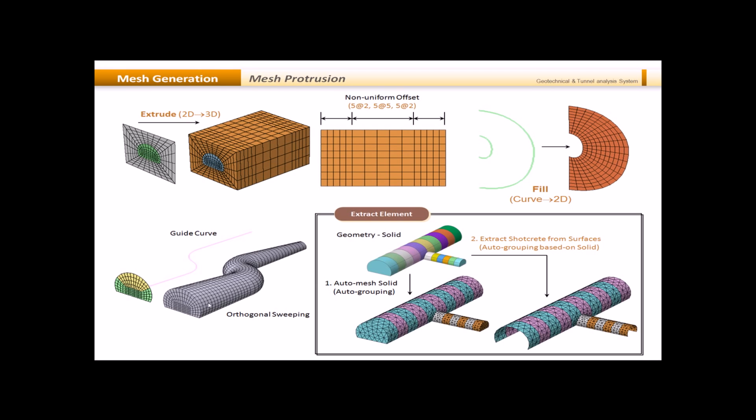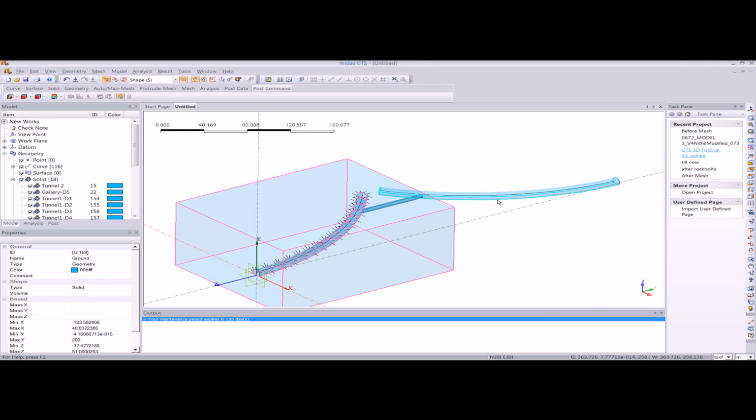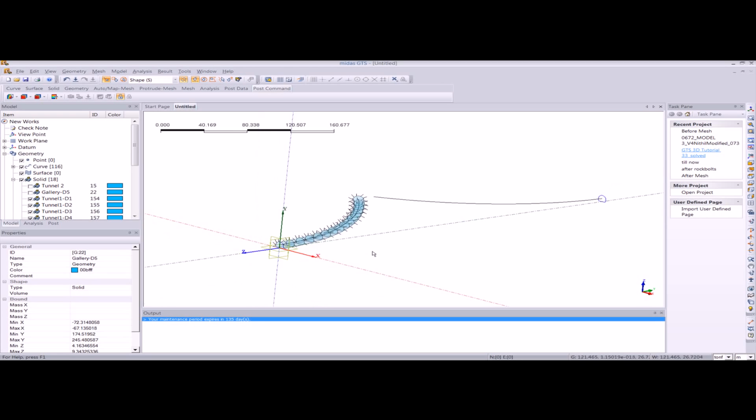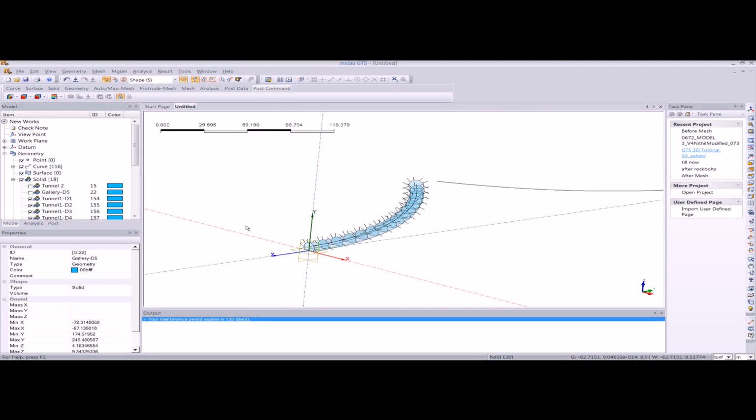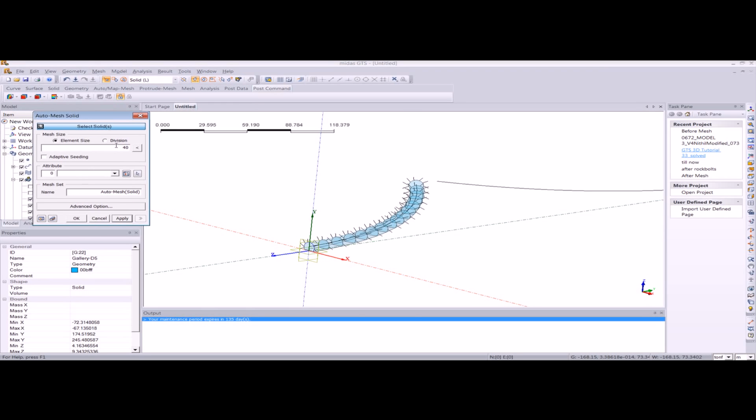You can also extract the shotcrete properties from the existing mesh that you have. Now let me take you to Midas GTS itself and mesh the model that we are creating. First of all, let's hide the undesired solids again. So I'll hide them. I'll hide this solid too. So let's start meshing. For meshing, I'll go to mesh, auto mesh, solid, and I will define the division, the